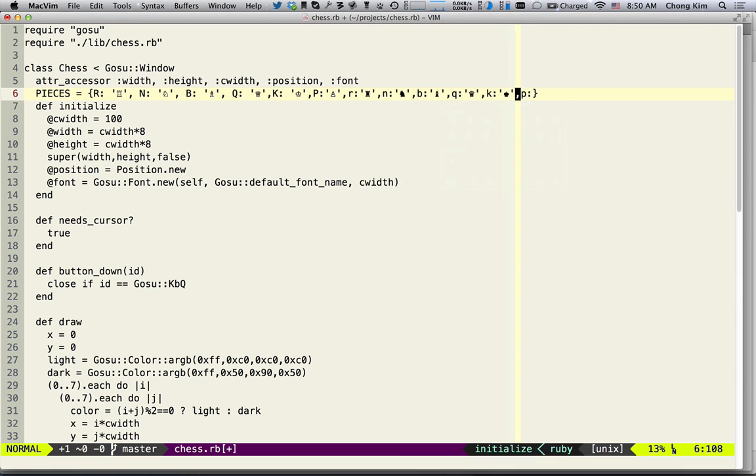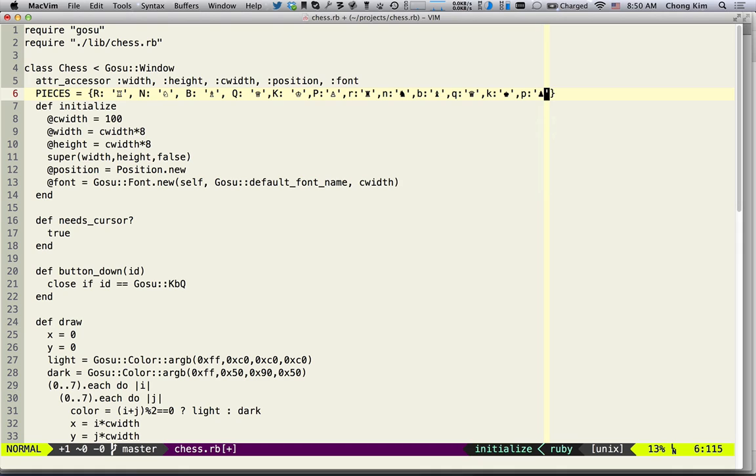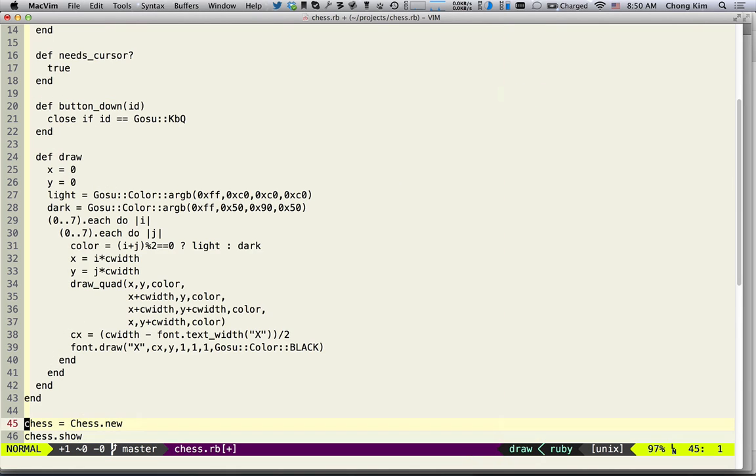Black king and black pawn. All right. So I could space these out. Okay, so now we have this mapping, and what we'll do is